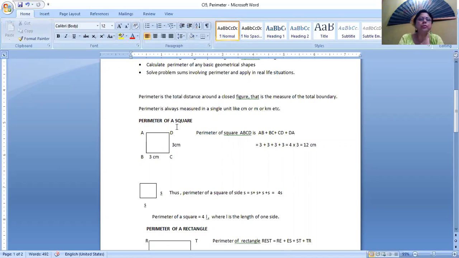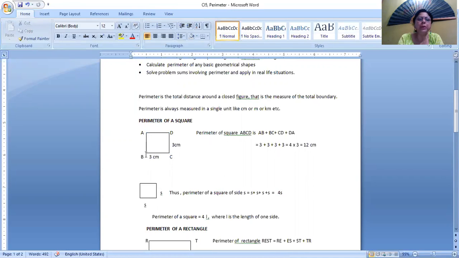Now what is the perimeter of a square? Here I have drawn a square and I've named the points: the vertex A, here's another vertex B, C and D. So these are points which are called vertices. Vertices is the plural form of vertex. So A, B, C, D are 4 vertices and they are points. And when 2 points are joined by a straight line, it is called a line segment, which can be measured. So AB is a line segment and